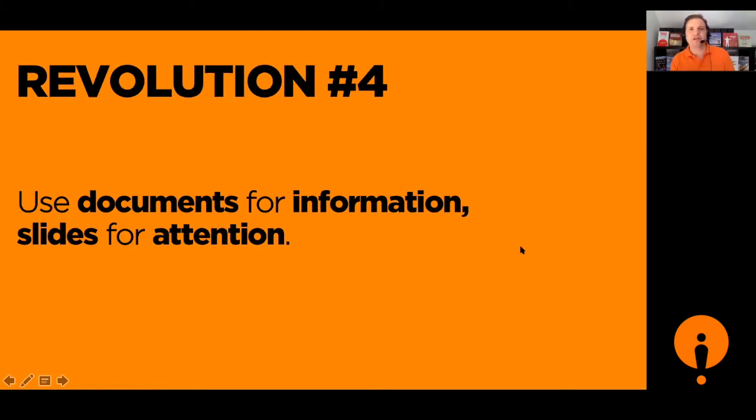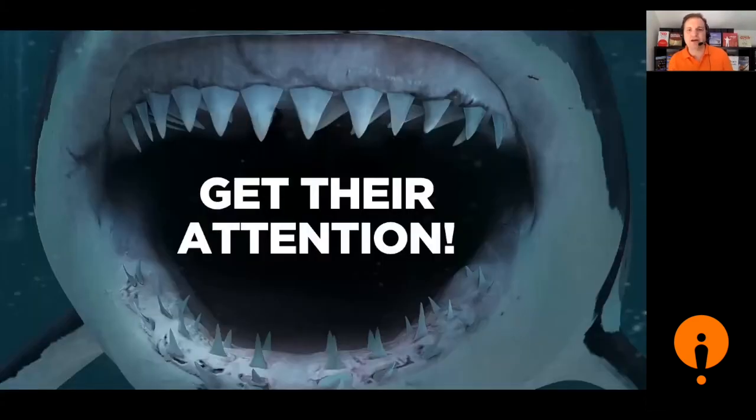Now, the slides are for attention and in two ways. The first way is to get their attention. So you should be using slides which don't look very boring like a typical business document as much as possible. It should be something which actually grabs their attention and makes them want to be listening and makes them engaged. And remember, slides can be not only giving information, they can also ask questions. And if you put in a kind of a rhetorical question on the slide, well, what that can do is it actually can then make people think, okay, interesting, I'll listen to hear the answer. So a good slide should help people to listen more. So that's the first thing, get their attention.